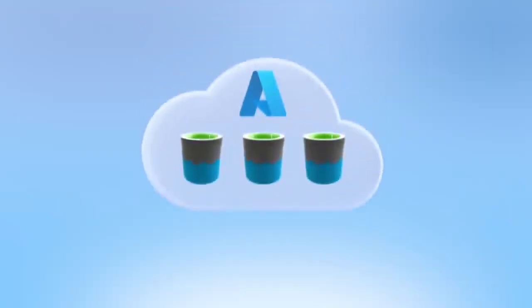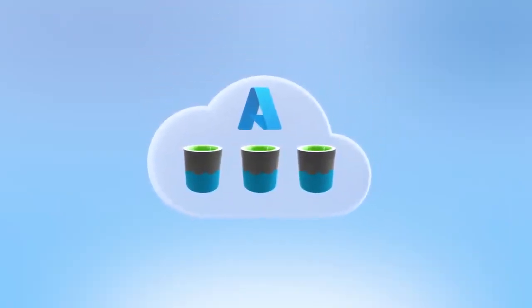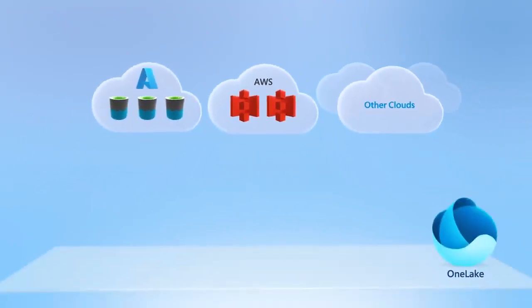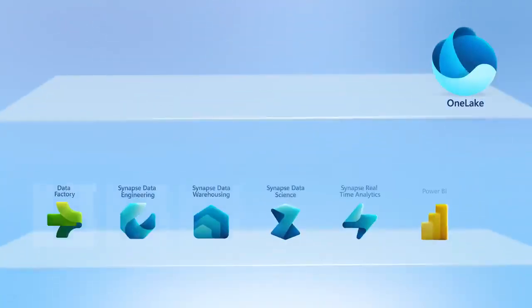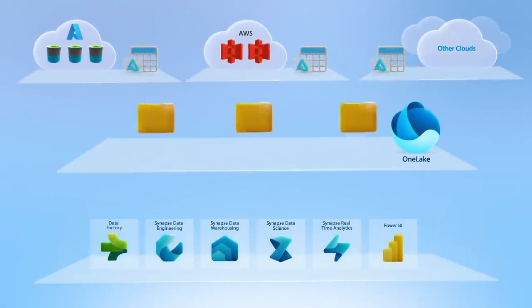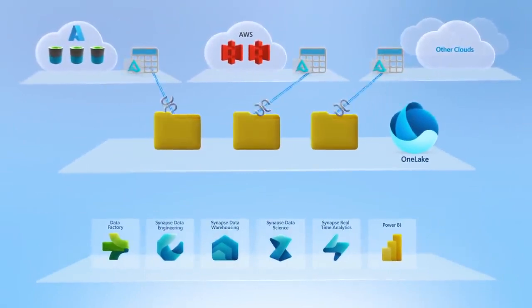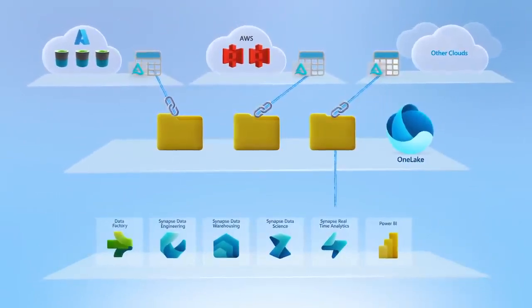Now, one thing that sets OneLake apart is that you can even bring data from your Azure storage accounts and other clouds into OneLake, then leverage it across all the engines using a technique called shortcuts, which instantly allows the linking of data without any data duplication or movement. This creates virtual files of your data that you can view from OneLake. And if the data is already in Delta Parquet format, it will automatically appear as a virtual table in OneLake that you can query, again, without the data ever leaving your data store.